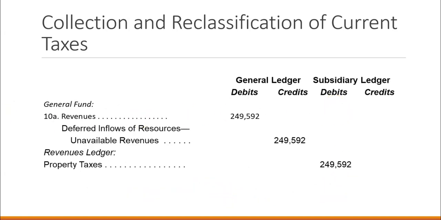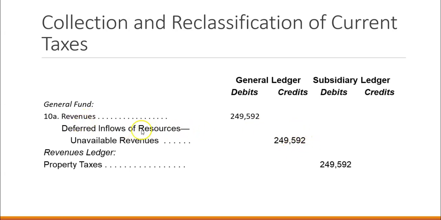If we're going to receive them within 60 days, this is a reclassification of current taxes available within 60 days of year end. This is GASB treatment that says we can still say that that's current revenue. So we believe that we're going to receive those revenues within 60 days of the fiscal year, so we're just going to record them as already received revenue.